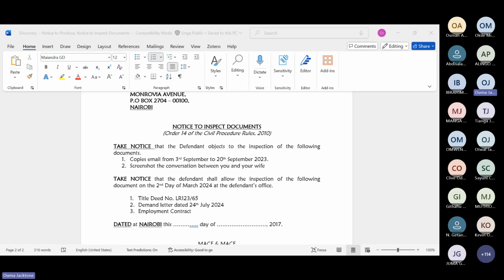Thank you very much. Omondi Rachel, what is another reason why you can refuse? Giving out the documents is an infringement of your right to privacy. No, that's not a good reason. Give me a good reason, which is still related to privacy.